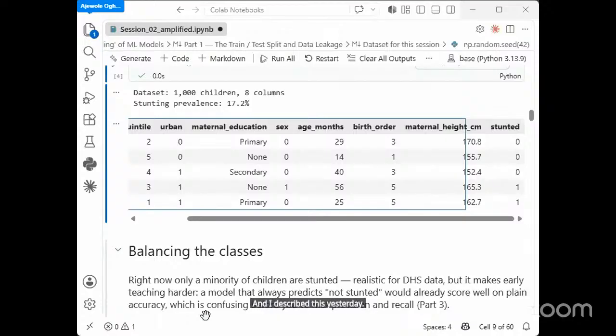And I described this yesterday. If I predict not stunted for all children, my accuracy will be over 80%. But it's not a good prediction. Okay? So one way to deal with this is to balance the classes. You train and test on data that is balanced. Right? So there are different ways to balance data. One way is simply to remove extra data from the